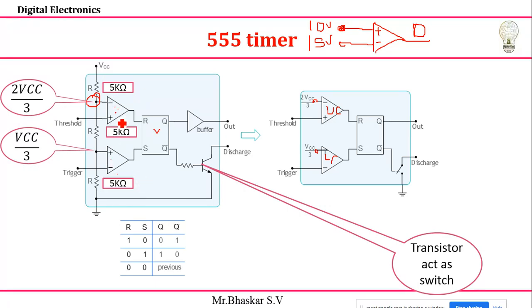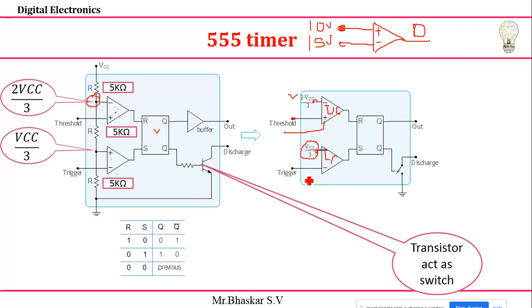The next question, the main question, is: explain a monostable multivibrator circuit. How to design a monostable multivibrator circuit? Before going to that, you can see that for the upper comparator, the inverting terminal we are going to connect to 2/3 of VCC, and the non-inverting terminal is connected to one pin, that is the threshold voltage. I will tell you the usage of this. Next, the non-inverting terminal, the plus, of the lower comparator is connected to VCC by 3.